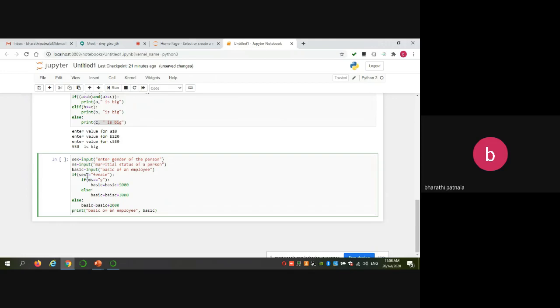If female, check their marital status also. If marital status is also yes, that means gender is female and marital status is yes, increment 5,000. If gender is female and marital status is no, then increment 3,000. If gender is not female, simply give 2,000. Okay, run.